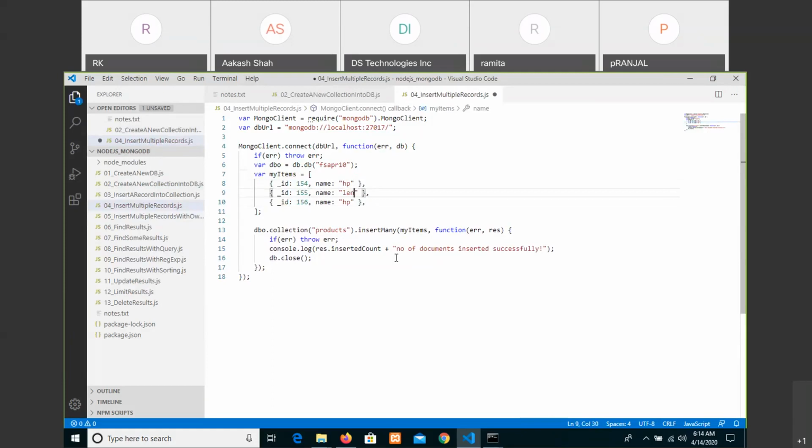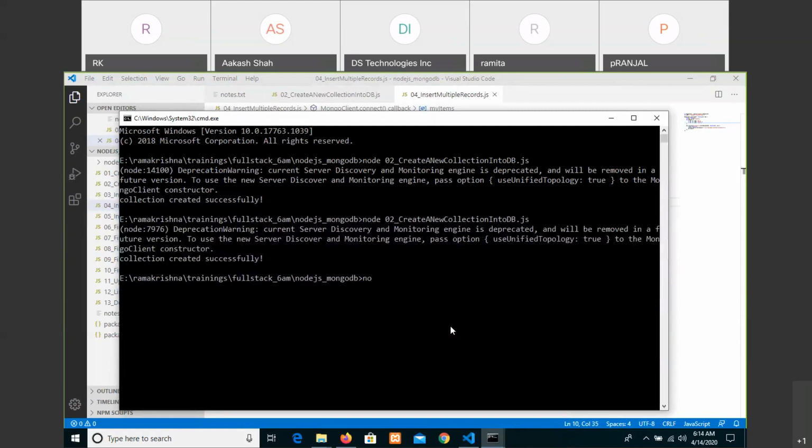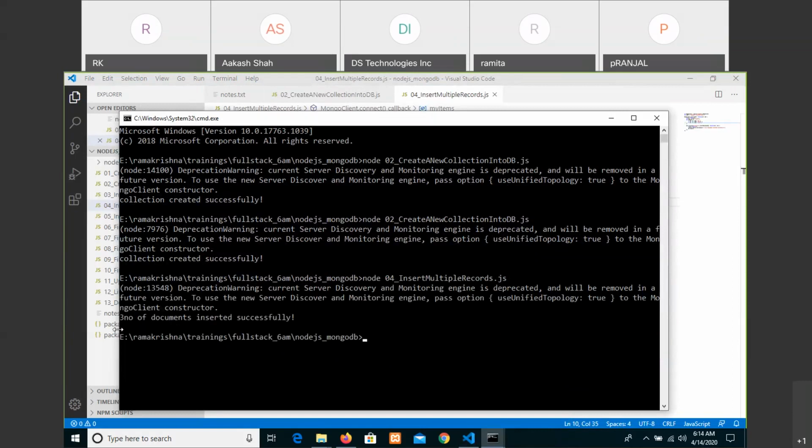And then Lenovo, something Dell. So in the products collection, we are creating three records or three items with their IDs. Now you can say node space 04 insert multiple records into the collection of products. Right, three.